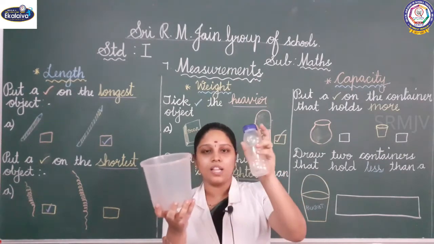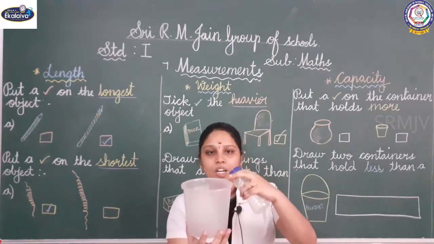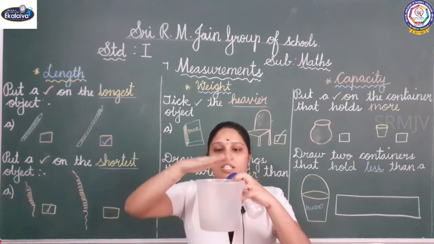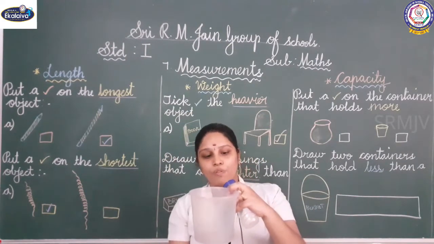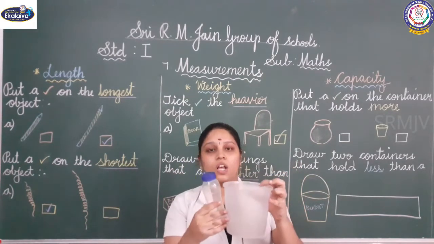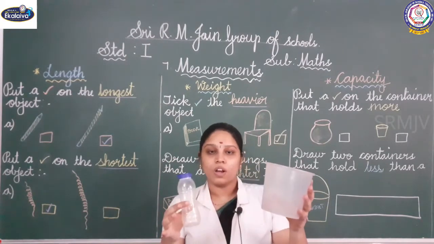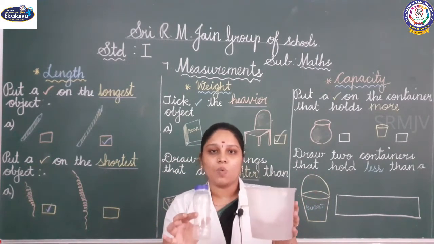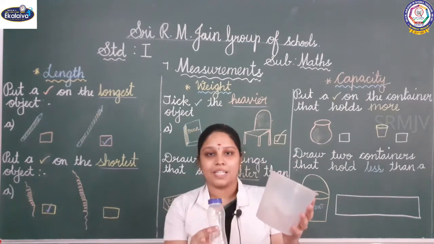This is a bigger one and this is a smaller one. Assume that I am filling some water into this. This is the level of the container. If I fill more than that, it will overflow. When we compare these two things, this is a bigger one and this is a smaller one. So each has one capacity. In which container will the water be more? We will know this one. Yes, it has more capacity.